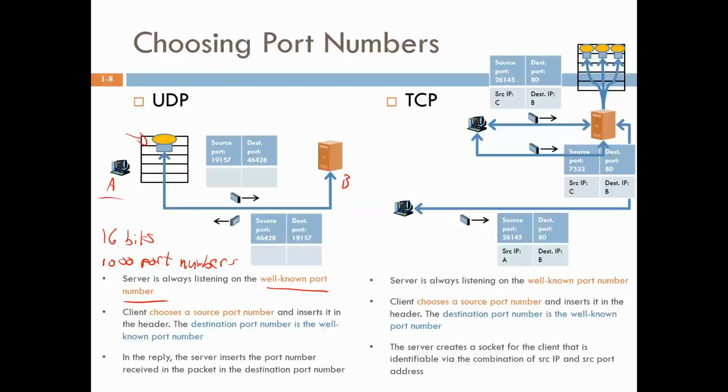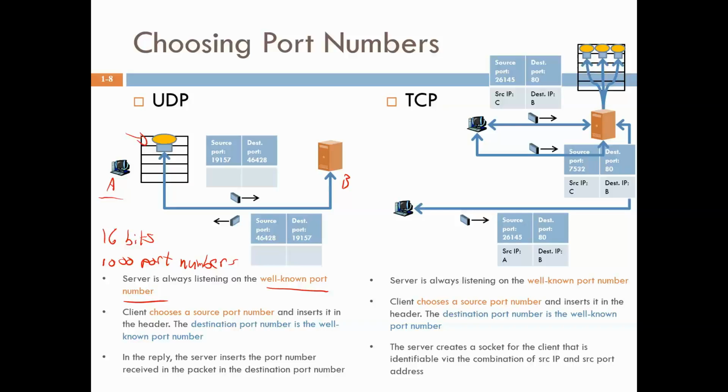Okay, so the first 1,000 port numbers, whether in TCP or UDP, are well-known port numbers. Each protocol that is one of the widely used protocols, like HTTP or DNS or SMTP, which is used for email, has one of these. I think SMTP's port number is 25, something like that. So these well-known port numbers are already saved in your device. That means when you are using a particular protocol, you will know its destination port number